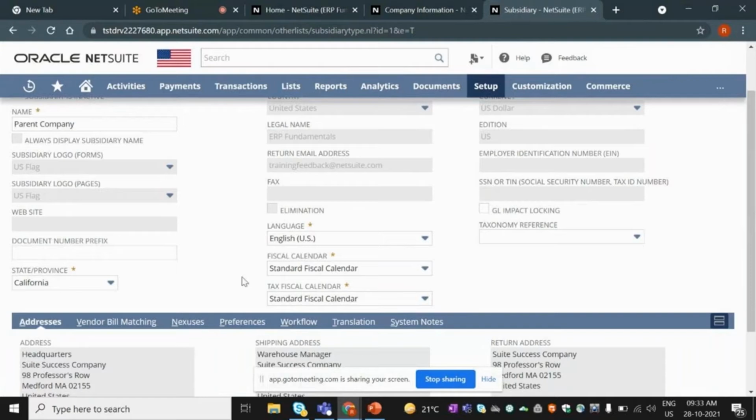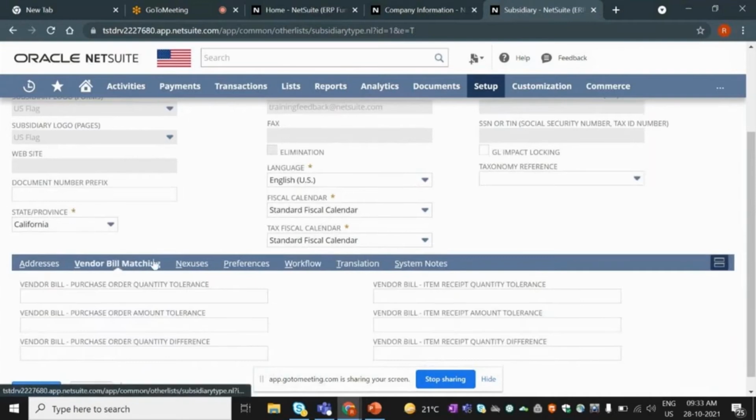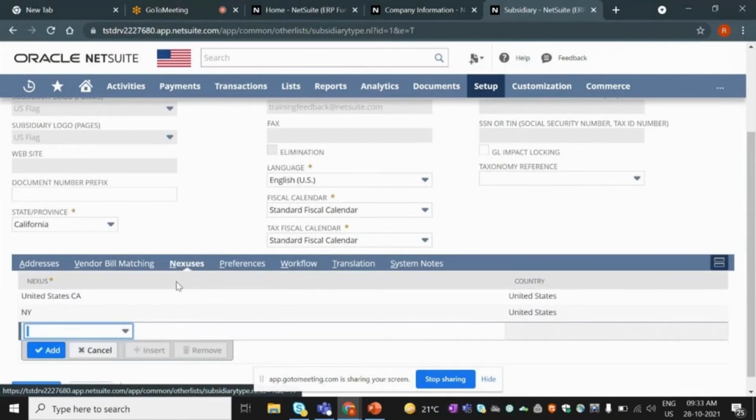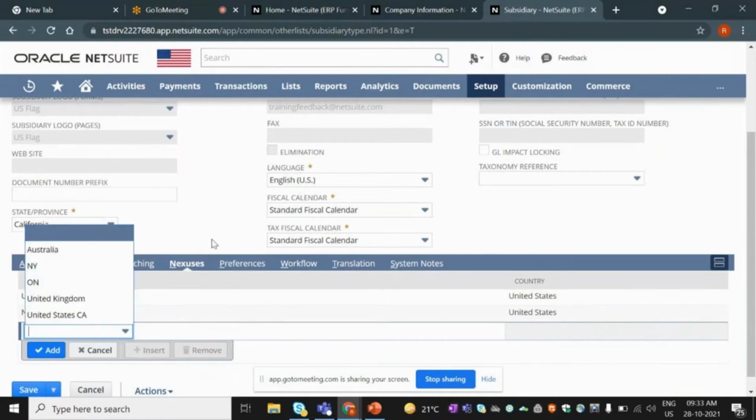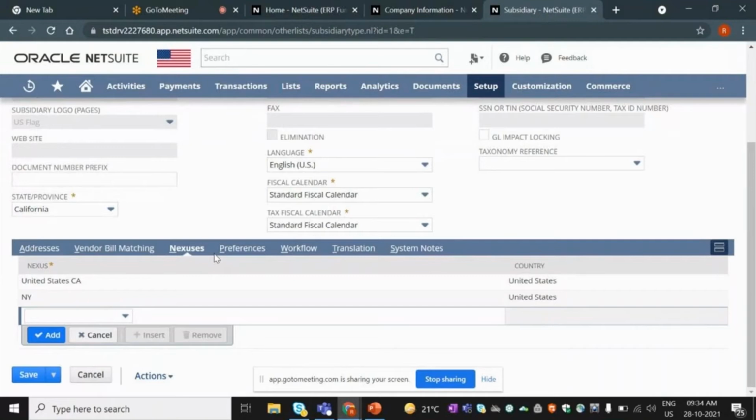Now, I will come to the Nexus part. Nexuses are the provinces or the states from where you are collecting the taxes. In US it is applicable just on the sales transactions, not on the purchase transactions. I would show you where we can set the nexus up, but whatever nexus you are going to set up, we are going to associate those nexuses with the required subsidiaries that fall under it, so that whenever any transaction is happening for that subsidiary, and that state of that customer is present on the shipping address,